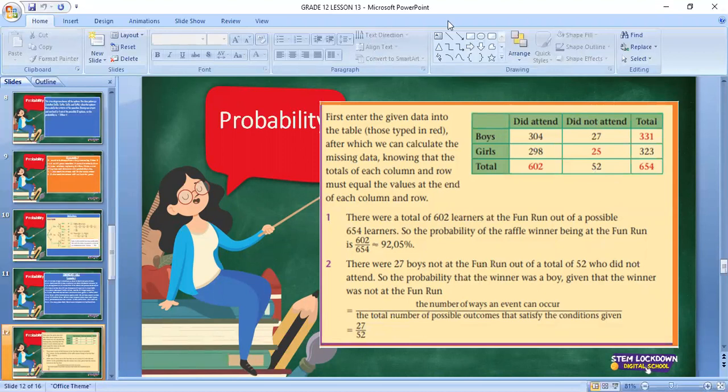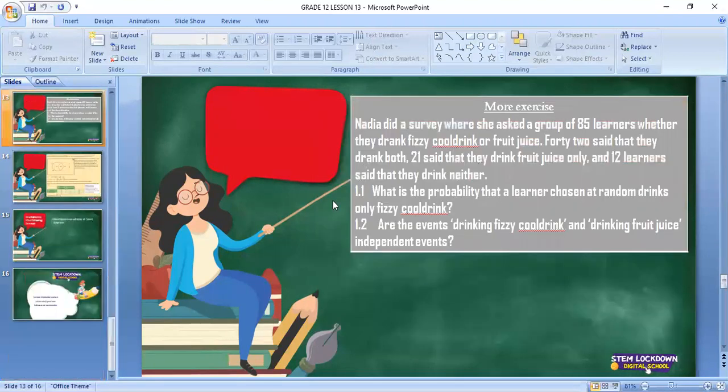I hope you understand that. Okay, now more exercise. Now Nadia did a survey where she asked a group of 85 learners whether they drink